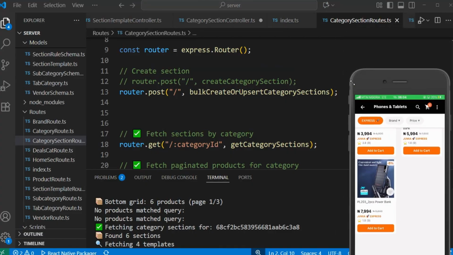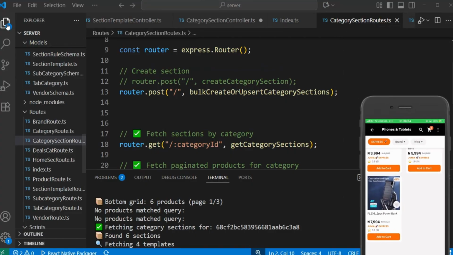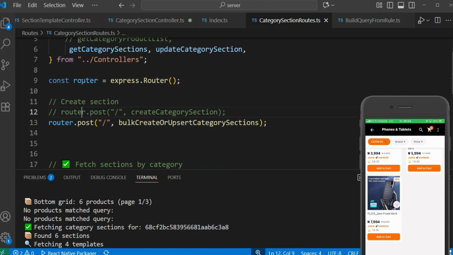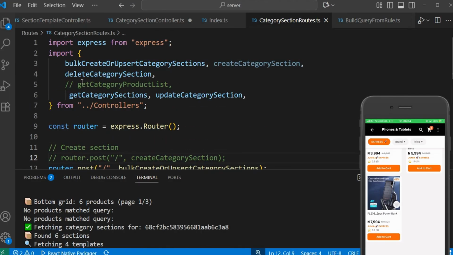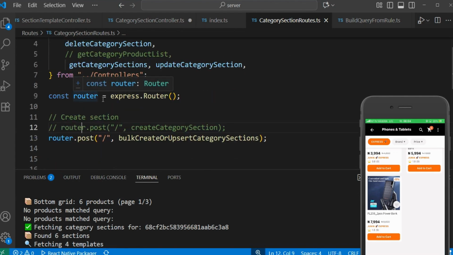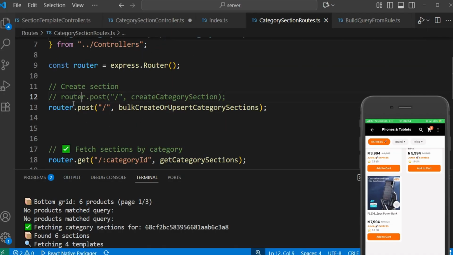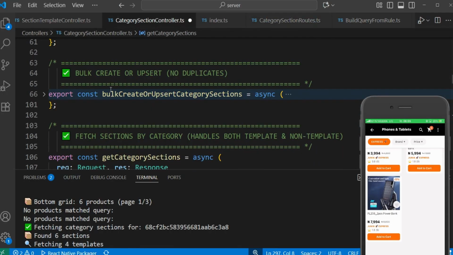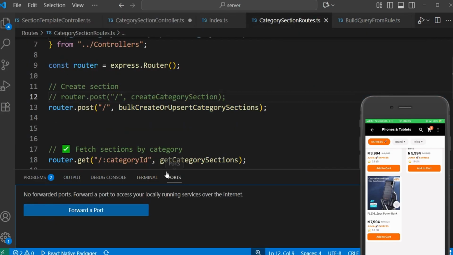let's minimize this. So we're importing Express from Express, and then we're importing all our controllers from controllers, that's from the index. So export const router is equal to express.Router. So we create section. This is the post request. So we have the bulk create upsert category section. Remember that. So we use the bulk create here, and then after that